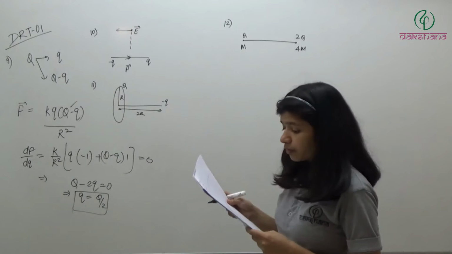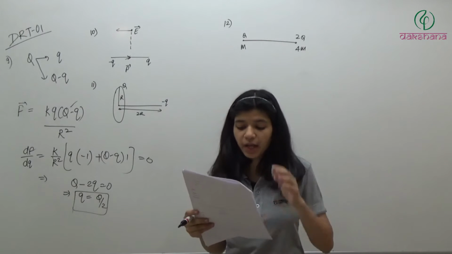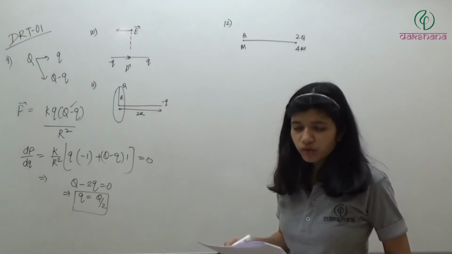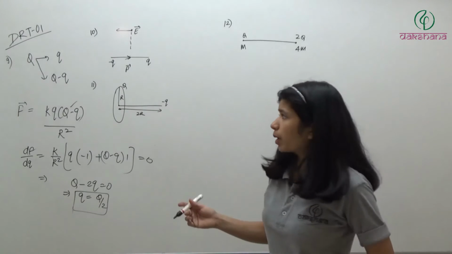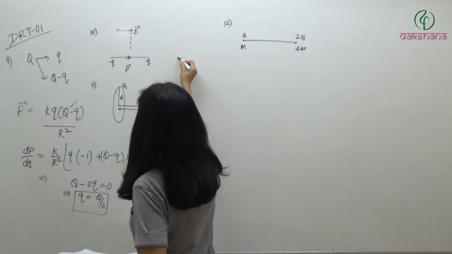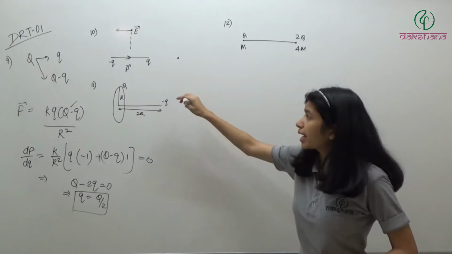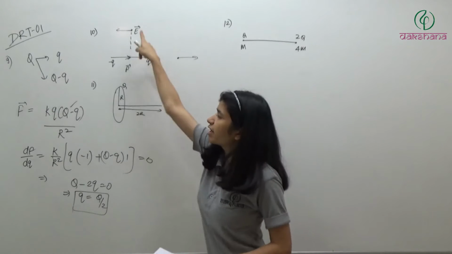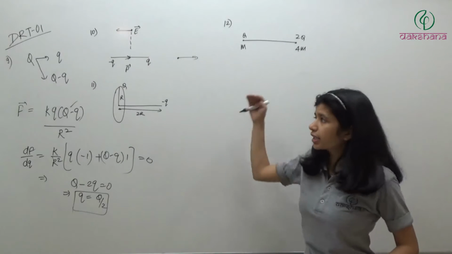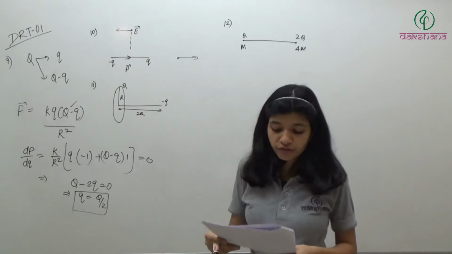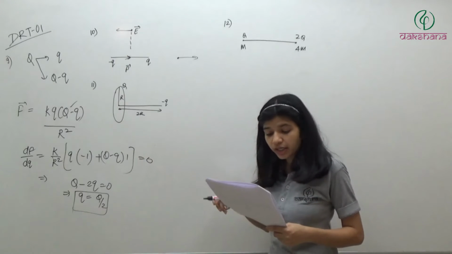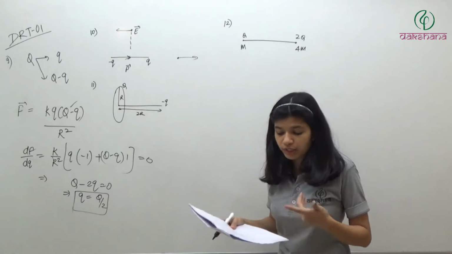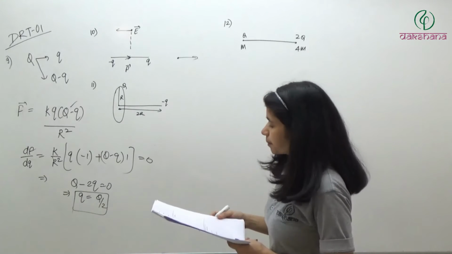Question number 10. What is the angle between the electric dipole moment and the electric field strength due to it on the equatorial line? So this is a theoretical question. If you remember, when we find out the field at the axial line, it is in the same direction, and when we find it out on the equatorial line, it is in the opposite direction to the direction of dipole moment. So electric field strength and dipole moment will be at 180 degree, exactly opposite, or you can say anti-parallel. So answer will be 180 degree.